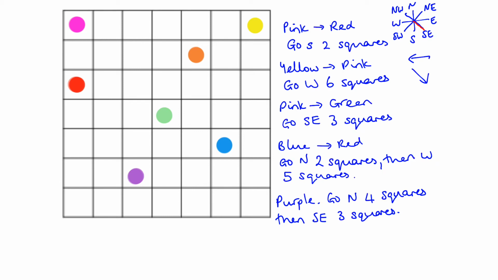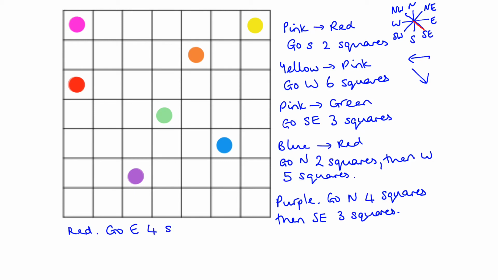Did you say blue? Let's check. So north 4 squares, so 1, 2, 3, 4, and then southeast is that direction. 1, 2, 3. Yep, so if you said blue, you were right. Okay. And just one more like this. So I'm going to get you to this time start at red. Okay. And I would like you to go east